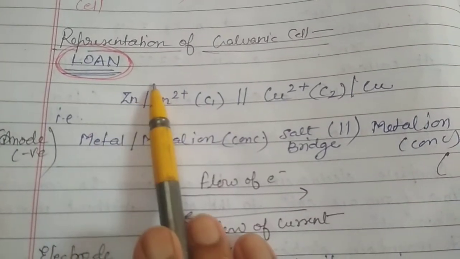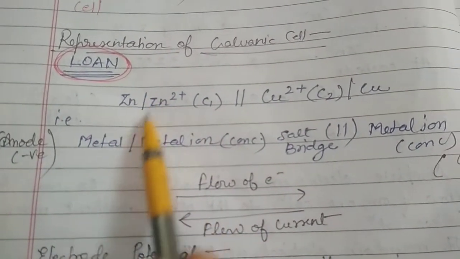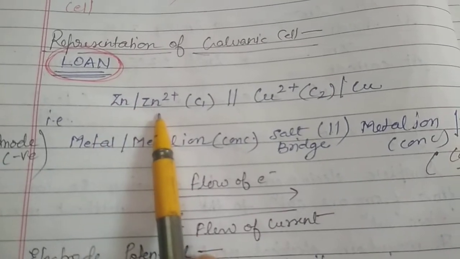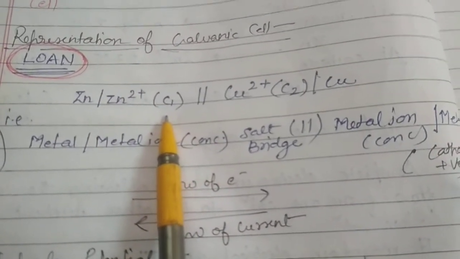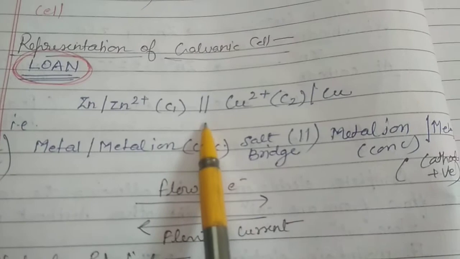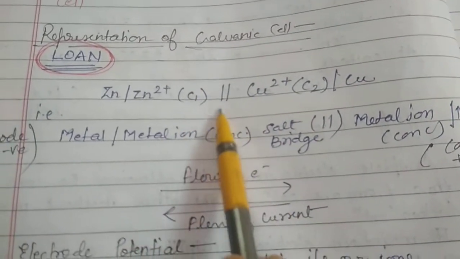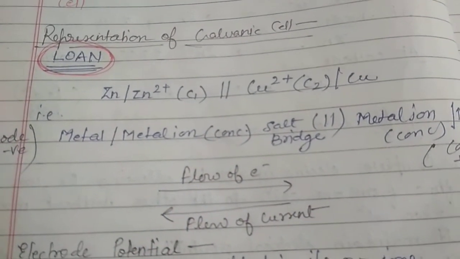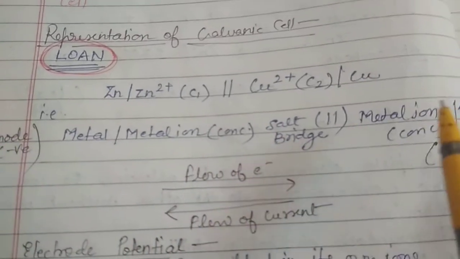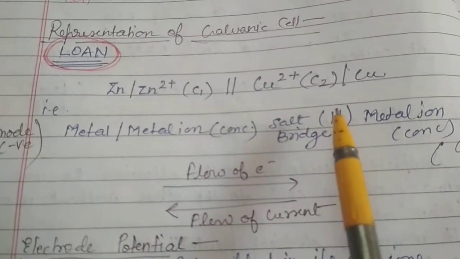That should be separated by a single vertical line. Zinc to zinc ion, C1 is the concentration. Then you are to make two vertical lines that denote the salt bridge. Thereafter, on the right hand side, we are to write down the